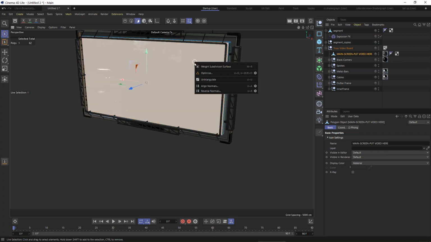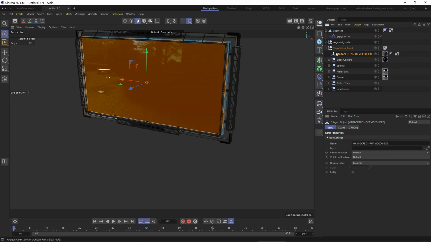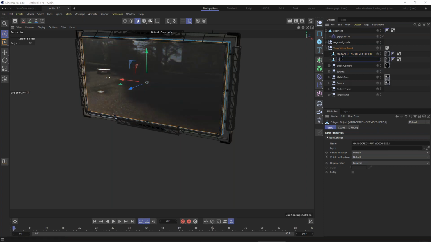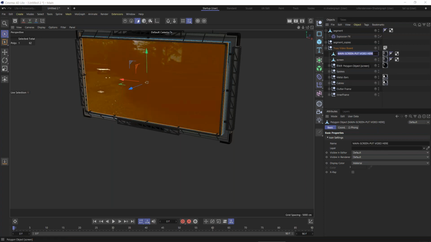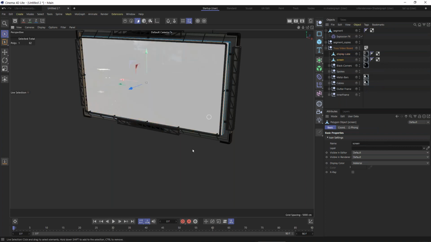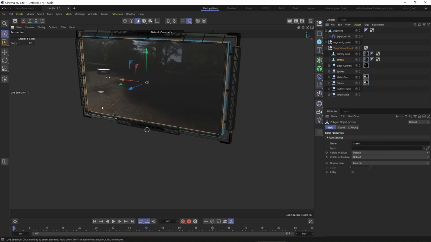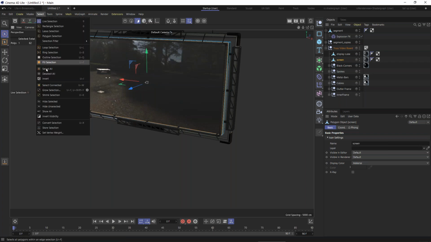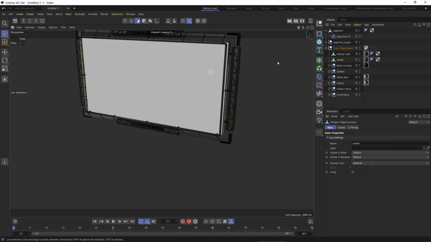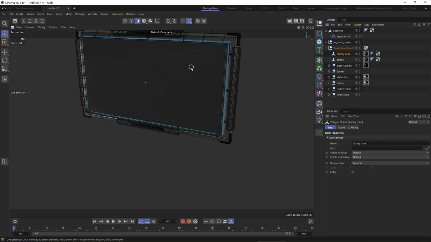Okay, and normally we'd right click and we'd split it off. We don't have that here. So what I need to do is duplicate this object. One object will be named screen, one object will be, you know, whatever, display cube, okay? And on the screen, I select that polygon. That's the one I want to keep. So then I will invert that selection and then delete everything else. And then on the display cube, I select the front polygon and delete it. So now I have these two